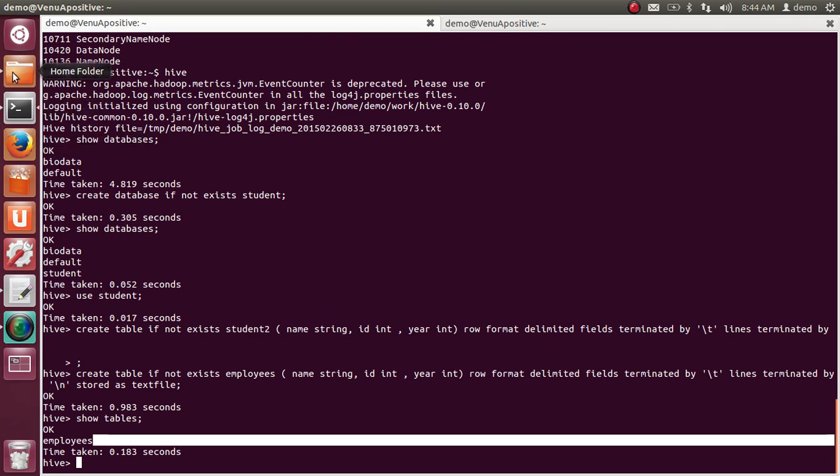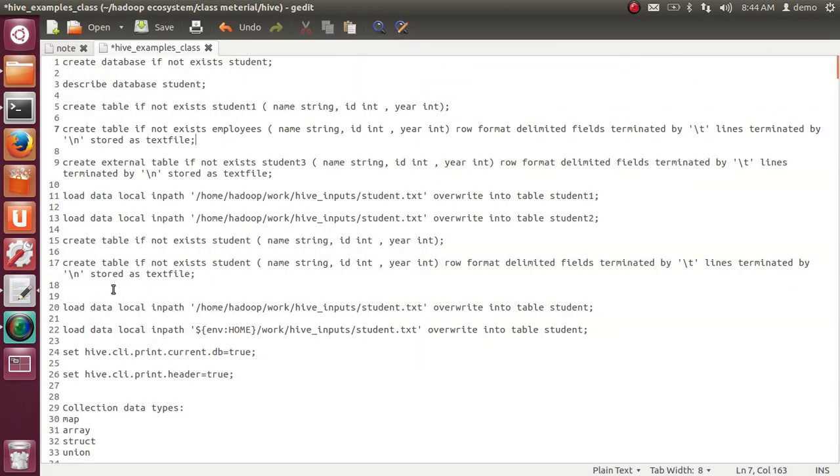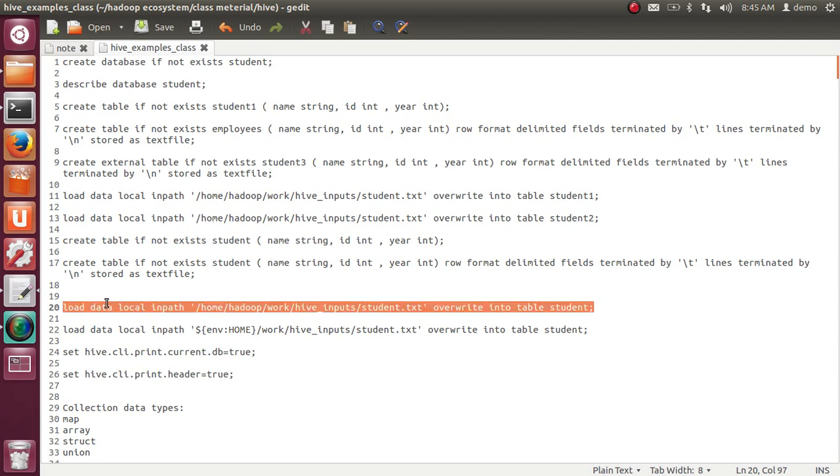To load data, what should you do? You simply go to our example. This is the data. Okay, load data local inpath 'some path' overwrite into table. Actually, what is this table name?